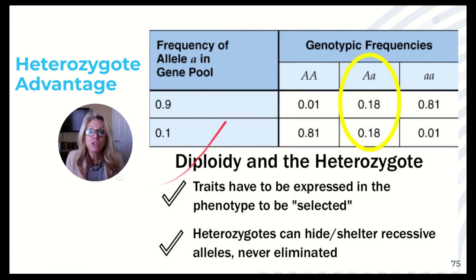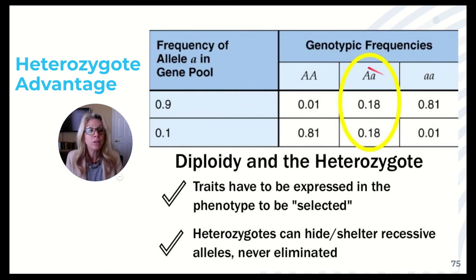Let me explain this. So remember when we studied population genetics, we would look at allele frequencies in the gene pool. So if everybody took their two alleles and threw them in the gene pool, and we looked at the frequency of the dominant allele versus the recessive allele, remember P and Q? Right? So if your Q or recessive allele is 0.9, then your dominant allele would be 0.1, and vice versa. If it was only 0.1, then the dominant allele would have to be 0.9. Knowing that, look right here. When the recessive allele is at 90% of your gene pool, yes, 81% of your population will be homozygous recessive,